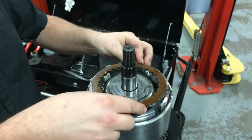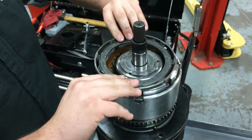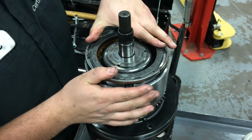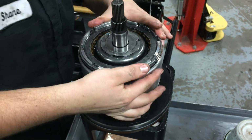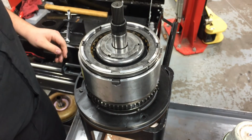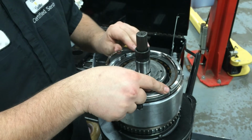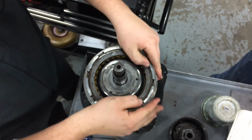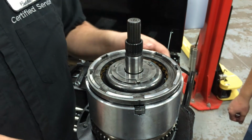This is the final clutch and the input shell. It's installed just like that, and it has the reaction plate at the top. Just a little bit of encouragement to make that one go down. Now there's another snap ring here. This is another tapered snap ring. Okay, so now that the snap ring is all the way in and the land has been buried,